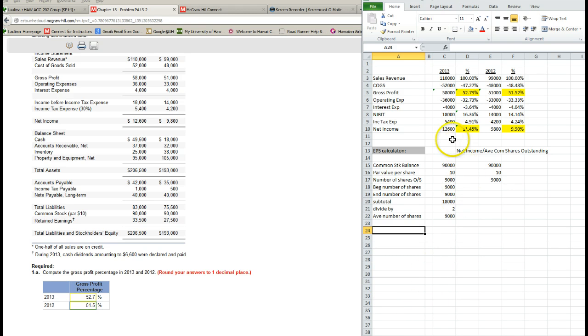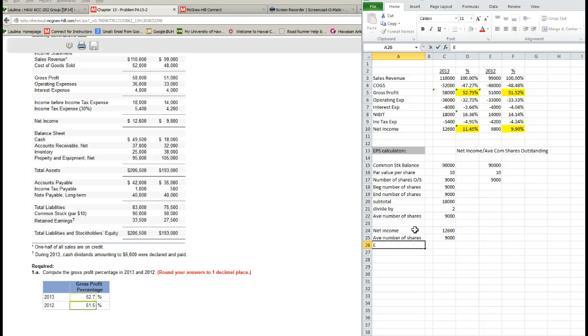And so our net income for 2013 is up above in the income statement. And so we would take our net income of 12.6 and divide by average number of shares outstanding, which is 9,000,